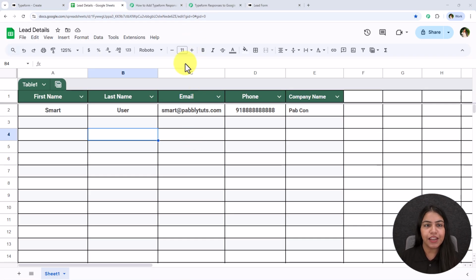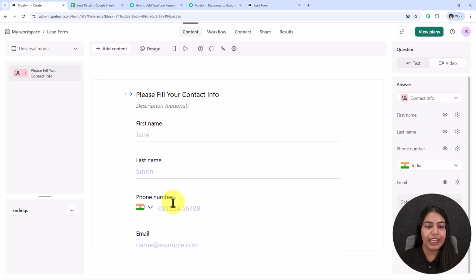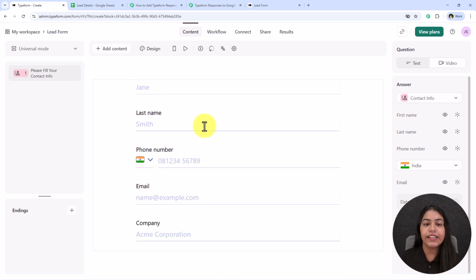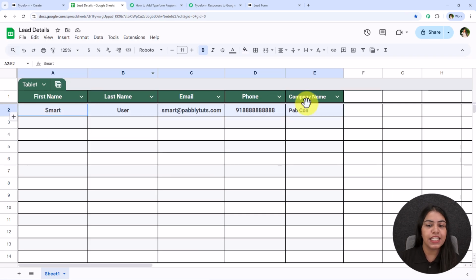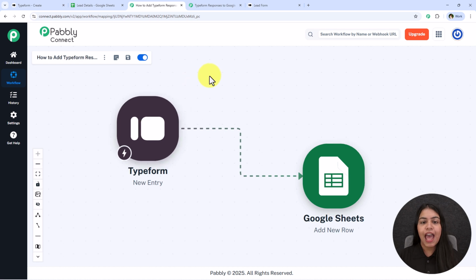So I use Typeform to collect the details of my lead, and now what I want is that whenever I receive the new lead details from Typeform, I want to add it into my Google Sheets. So to do this, I've already created an automation, and first I'm going to show the proper working of this